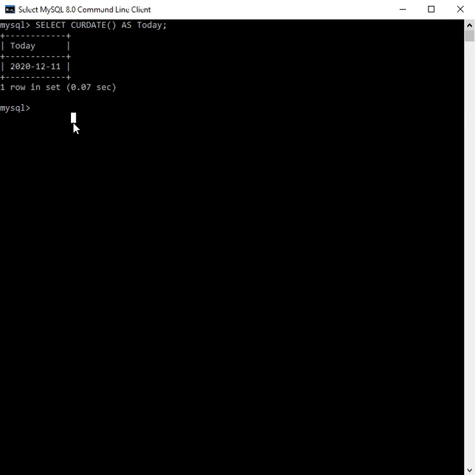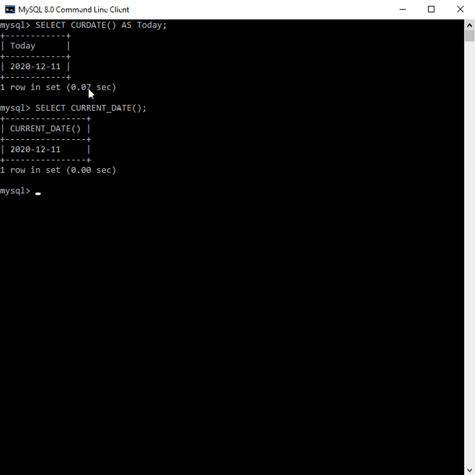So this is one way. The next way is that we can use the CURRENT_DATE function. There is another way to retrieve the current date. By using this function also we can retrieve the current date.